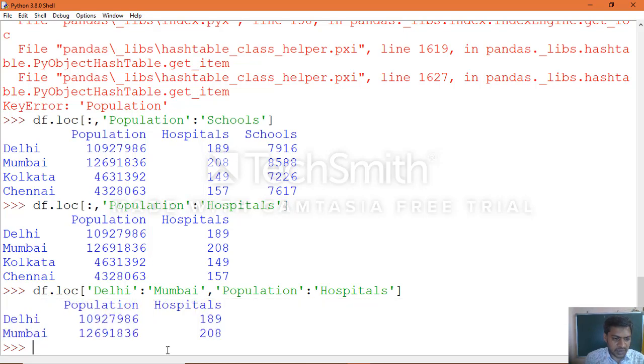In the same manner, you can specify df dot loc of the start row, Delhi, and the end row, Chennai, comma, the start column label, hospitals, colon, the end column label, schools.